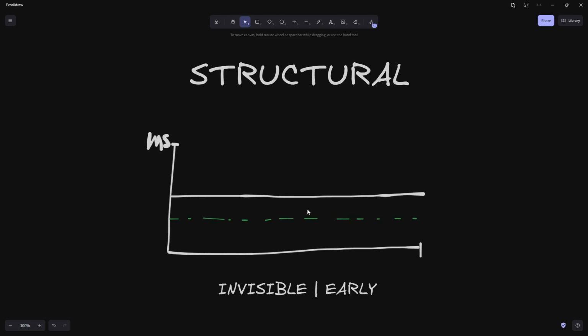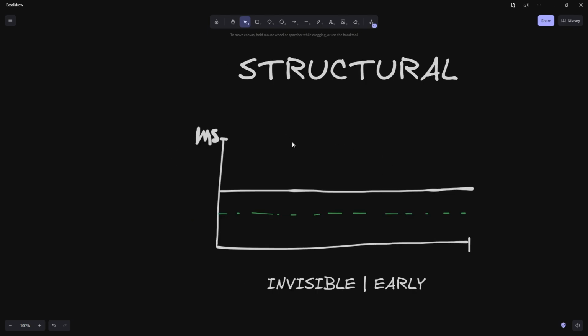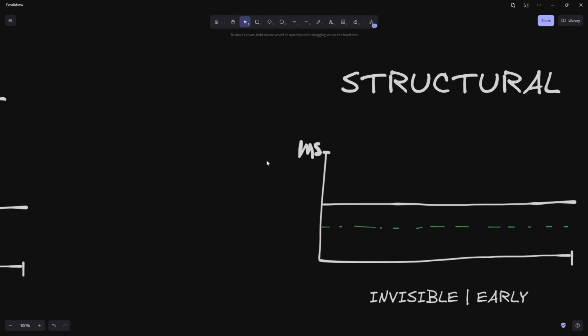And this is an unfortunate thing where hotspot fixes can be really satisfying, while structural ones you're probably not gonna feel for some time. Even at the end of your project, your game might run at, let's say, 70 FPS, and you might think, okay, this is nice, but not a big deal. But maybe if you weren't thinking about the structure of your project, it might have been running at 40 FPS, but you don't feel it because you just feel the 70 FPS. So it's hard to feel, but you just need to trust that it is doing something,